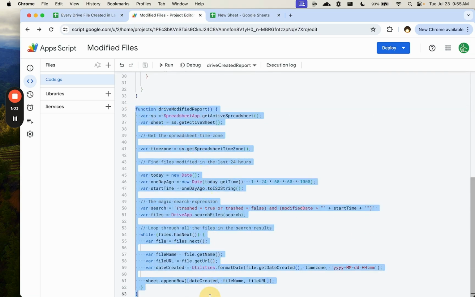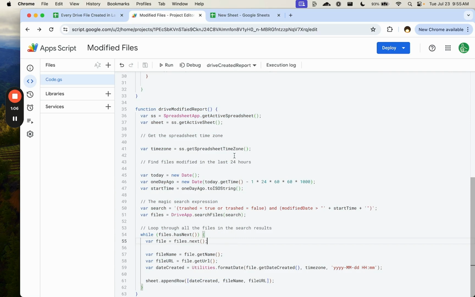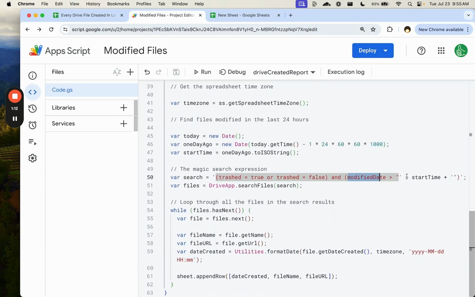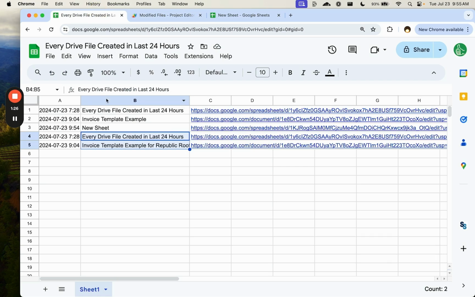His function looks like this, which is Drive Modified Report. And what it does is it looks for everything that's modified. If you can see here, it says modified date is greater than whatever the start time is, 1 day ago. And so we can run this every 24 hours. We can try to create an email from this and say, hey, here's all the modified sheets and actually everything